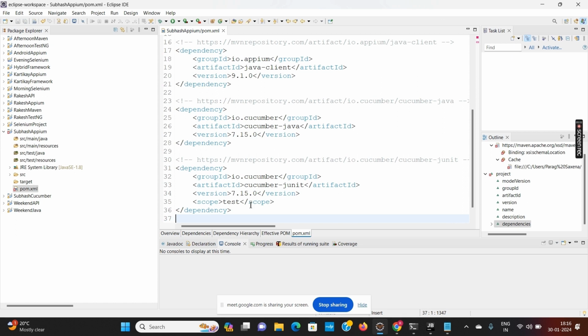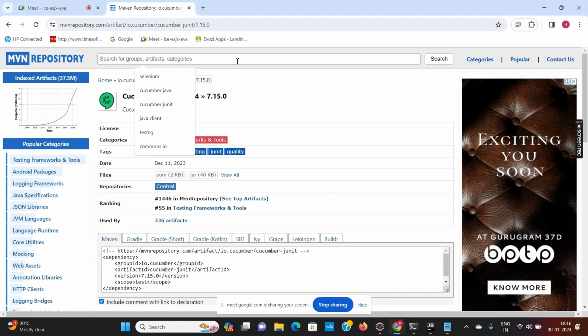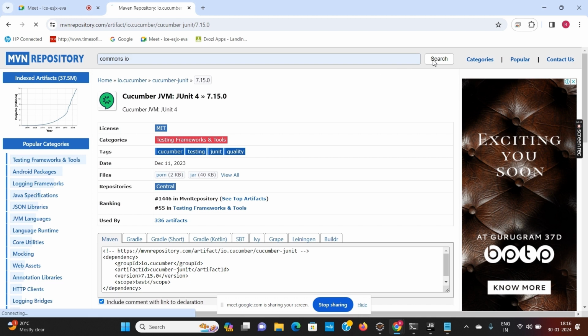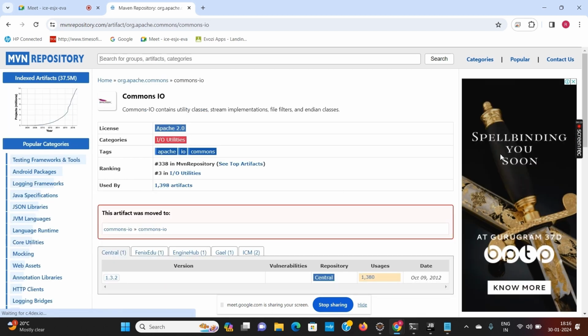Other dependencies, if you want to add, is Excel connectivity, same like we have done in our previous examples. Or if you want to take a screenshot, you can add Commons IO. For example, I want to add Commons IO. You can also use the same library which we were using in Selenium for taking the screenshot.